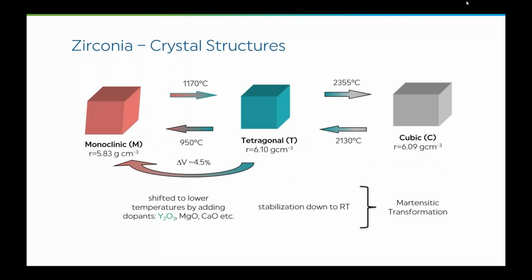And so when you take zirconia and you have it at room temperature, it would standard be in a monoclinic state, meaning if we added no secondary elements and we have pure zirconia, as you heat it up to around 1200 degrees Celsius, it gets up into a tetragonal phase. And if you keep heating it up to around 2400 degrees Celsius, it turns into cubic. As you would cool these back down, what will happen is they will spontaneously transform into the lower temperature stable